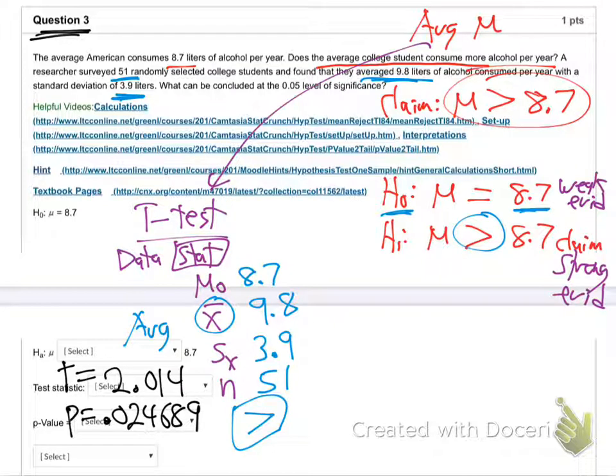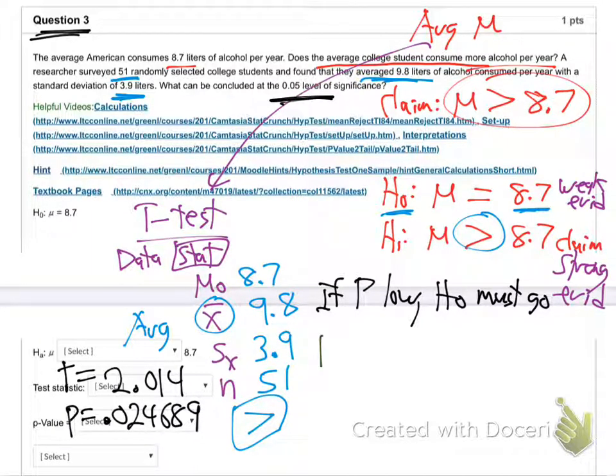And now we need to draw a conclusion. That's often the hardest part, is drawing a conclusion. But the main statement that helps is if the P is low, the null must go. It's always that. So I'll write that again. If the P is low, the H0 must go. Now, how do you know if the P is low or not? Lower than what? Yeah, lower than whatever significance level they say, huh? Yeah, exactly.